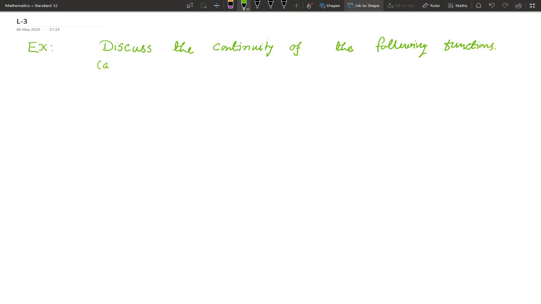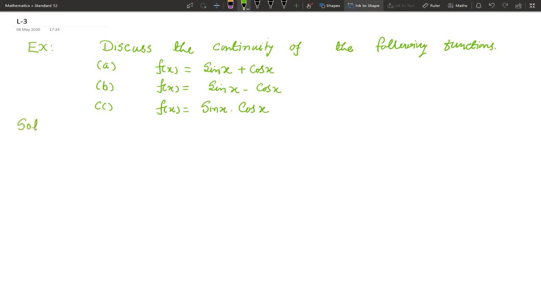a) f of x equal to sin x plus cos x, b) f of x equal to sin x minus cos x, and c) f of x equal to sin x into cos x. Solution: